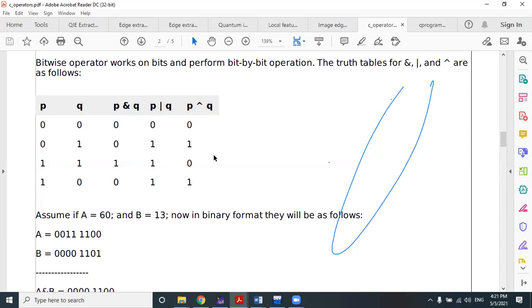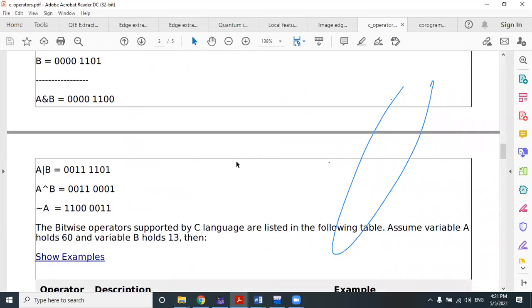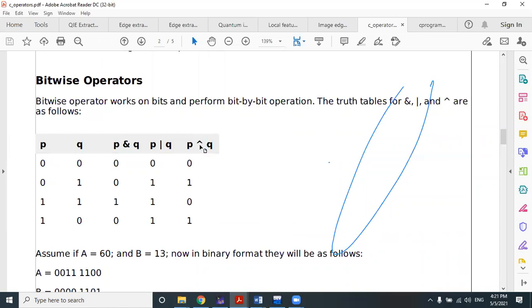There are three kinds of bitwise operators. The first is called bitwise AND, this is called bitwise OR, and this is called bitwise XOR. I think all of you know the XOR operation.